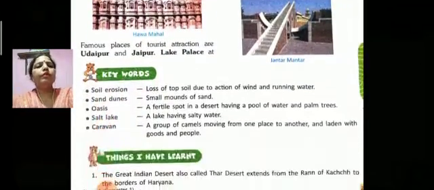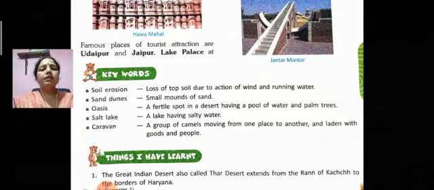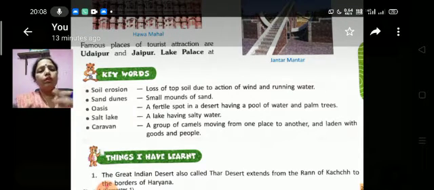So now these are the keywords: soil erosion, sand dunes, oasis, salt lake, and caravan. What is soil erosion? Loss of topsoil due to the action of wind or running water is called soil erosion. Sand dunes: small mounds of sand. Oasis: a fertile spot in a desert having a pool of water and palm trees.